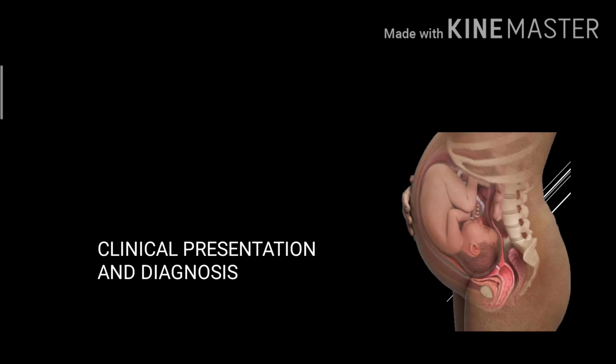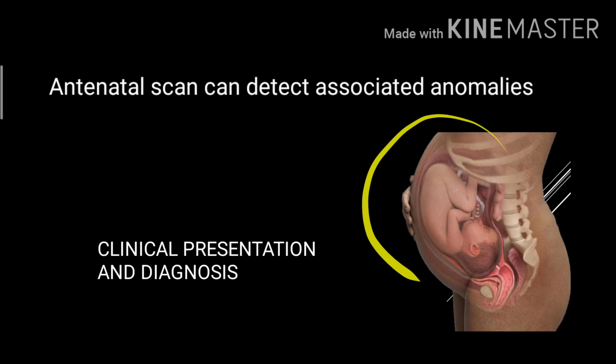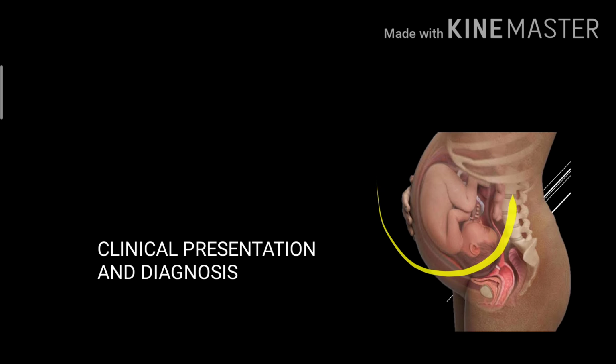Now coming to the clinical presentation and diagnosis. First, let us discuss the clinical presentation. At what age groups can HD be seen? In antenatal presentation, there can be some dilated loops, but it is not antenatal HD, and HD cannot be detected properly in antenatal scans. The sensitivity and specificity for HD in antenatal scans is very, very low.